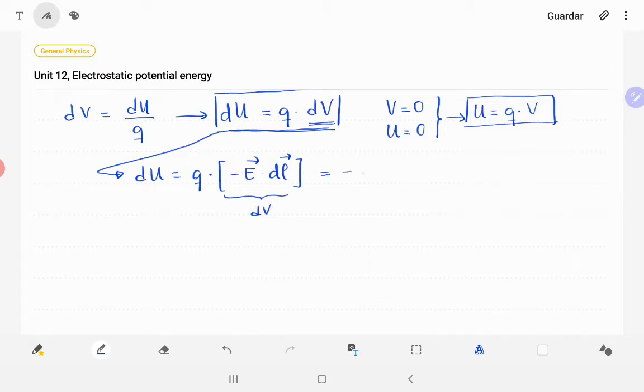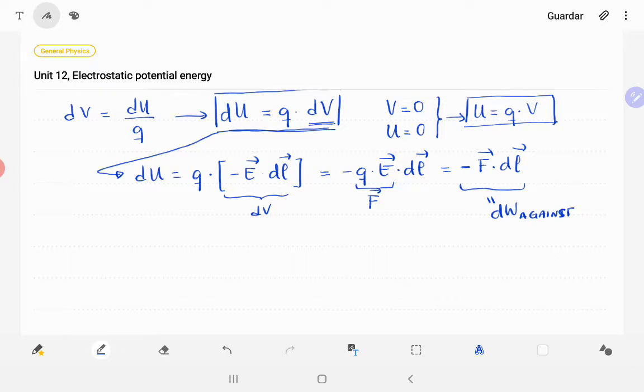So this is equal to Q times E times the differential of path. And if you remember, this is exactly the work of the electric force. This is minus F times dl. So if you focus on this minus, you can see that this is exactly the work done against